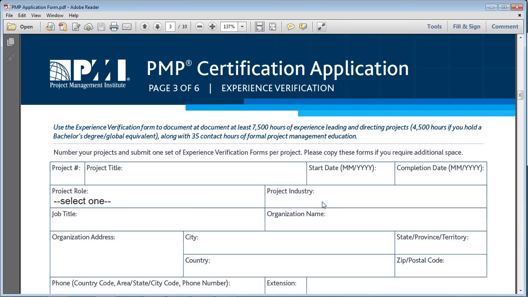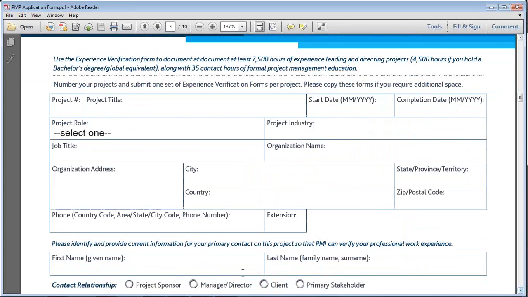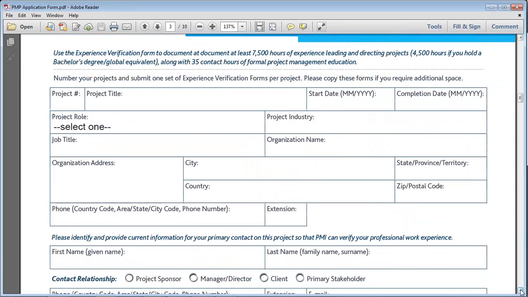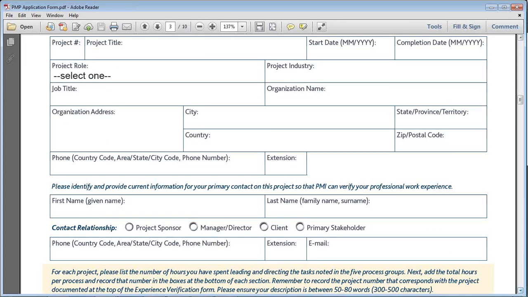Project industry, which area the project was, IT, non-IT, construction, etc. What was your job title? This is your designation. Which is the organization name, organization address, city, country, state, province, all those details. And you have to give a primary contact name and contact details of a person because 20% of the